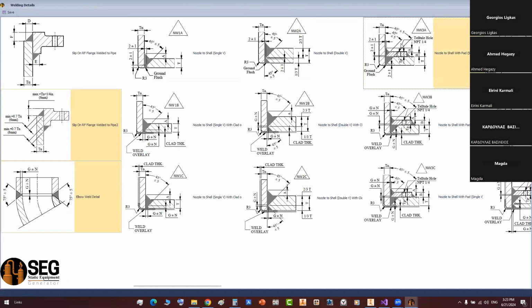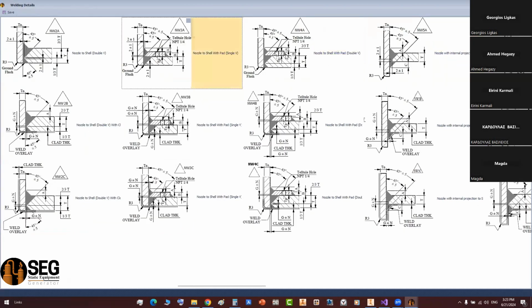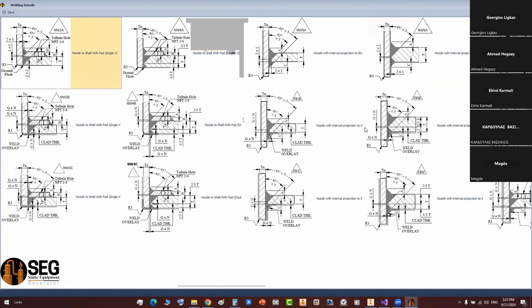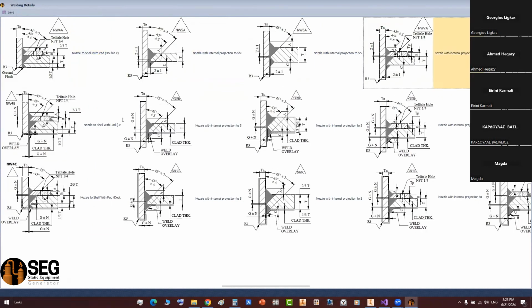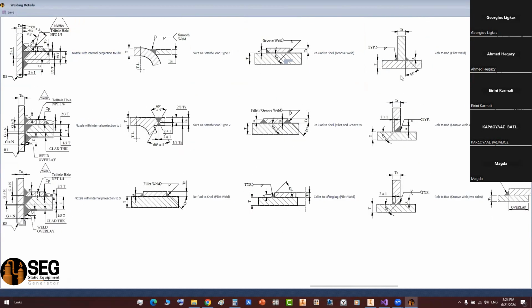So let's select this one. Okay, and the nozzle with internal projection with a reband. So let's come here and select this one. Okay, so it's a nozzle with a reband with internal projection. And you will find some other details, like if you have a reband welded to the shell for platform clips